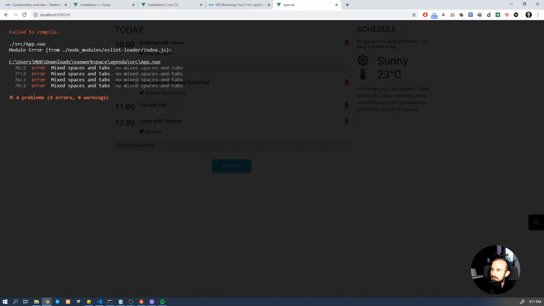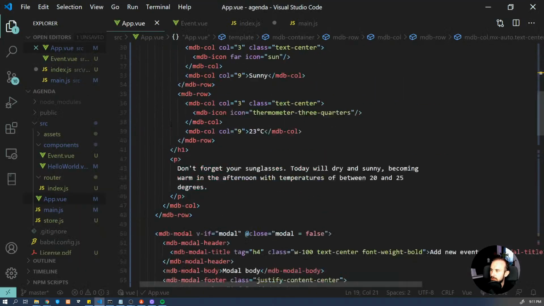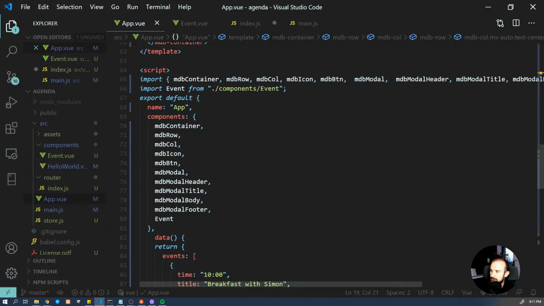Mixed space is 767778. Okay, 767778. So there are some spaces here,